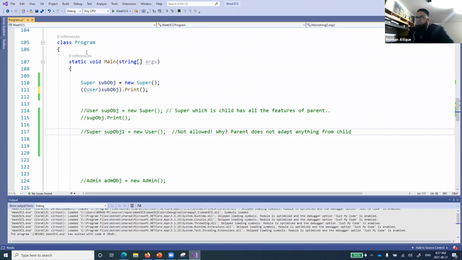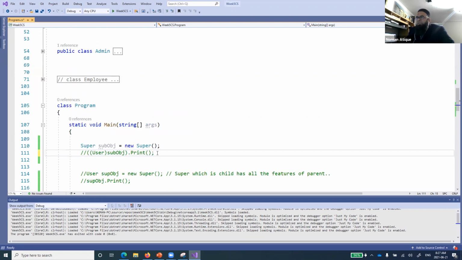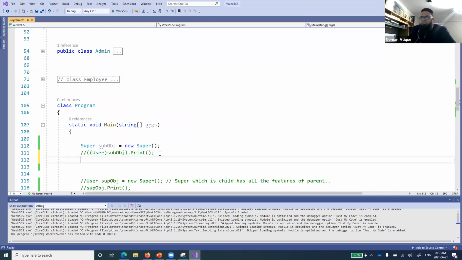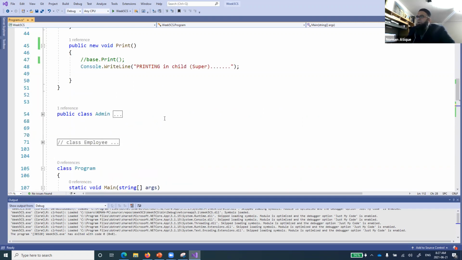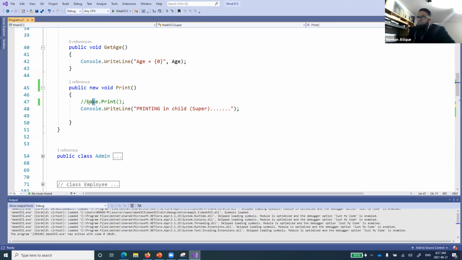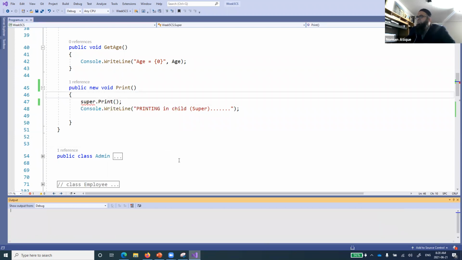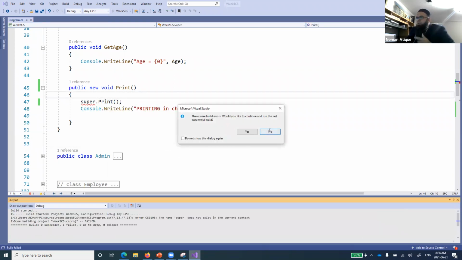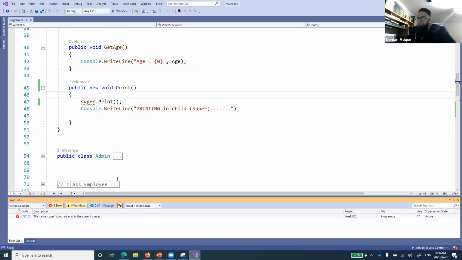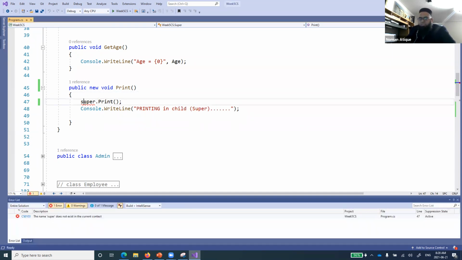And if you want to see, let me give you a quick reference: sub obj dot print. See here, if you use this one, it is not recognizing this super. Super does not exist.